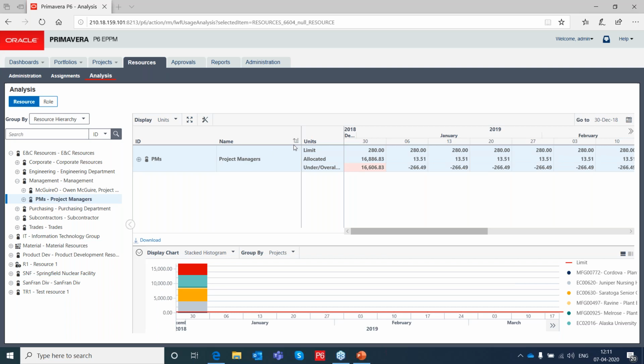I'm not able to get this question properly. I can guess the question is that they want to see multiple projects in a single go, of course, like on one single dashboard. I think with the EPPM it is possible, I believe. Yeah, it is possible. Currently, on the same screen where you see I have a resource analysis for multiple projects only.